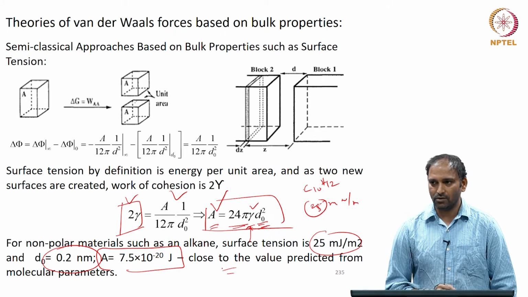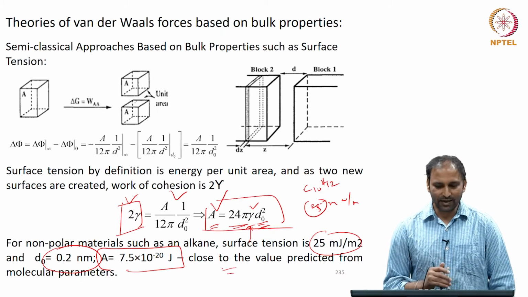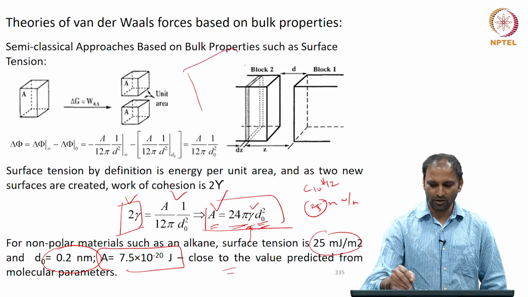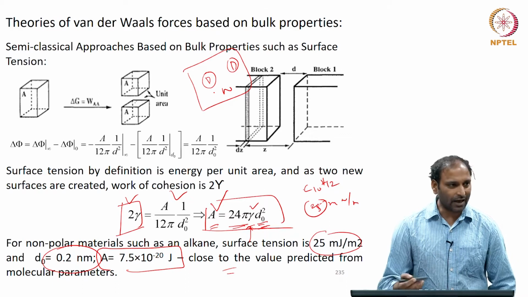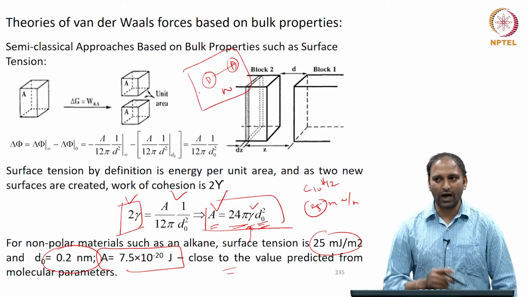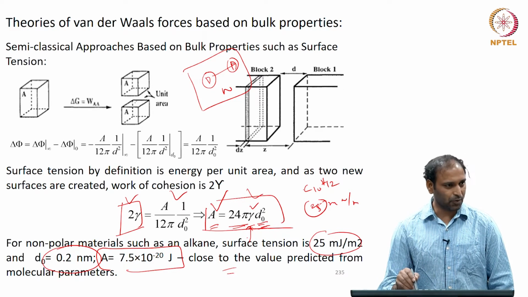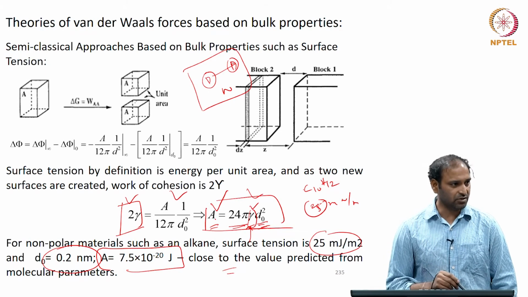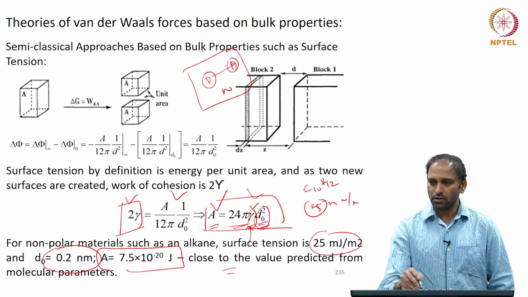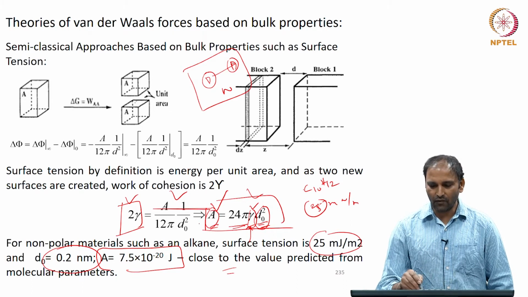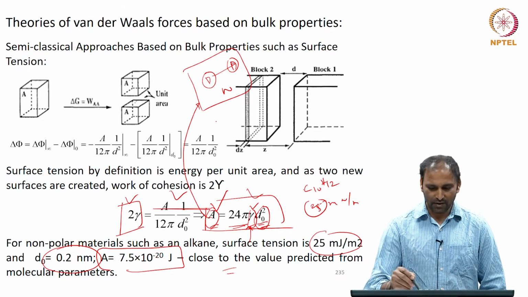which is actually very close to what has been predicted. So, at least for simple fluids, if you are working with dispersions, like emulsions for example, if I have an emulsion of decane droplets in water and I want to calculate the interaction between the two, and you do not have access to the Hamaker constant, then I can go with this approach wherein I know the surface tension, and I know the equilibrium separation distance between the molecules that constitute the droplets, and I can get A from which,